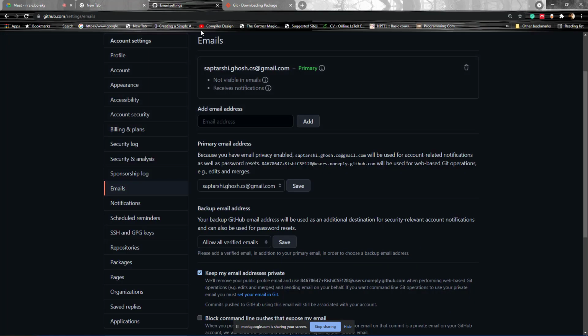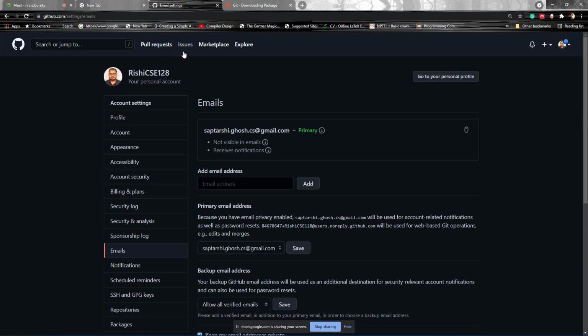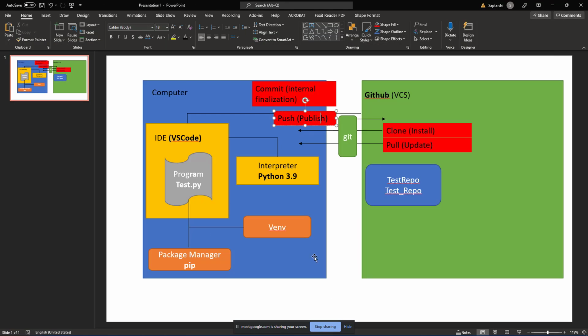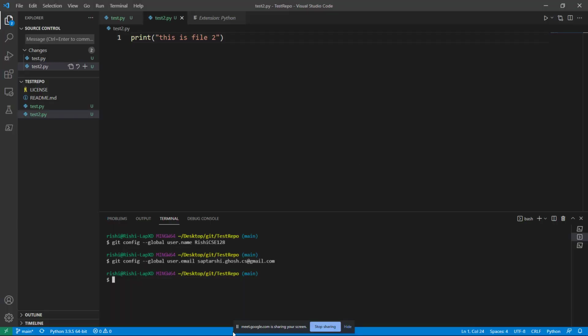Oh, sorry, this one. That's my one, isn't it? Yes. So I have to be logged into my account to do this sync. So now I'm going to VS Code, and where is VS Code? Here, and I'm saying firstly